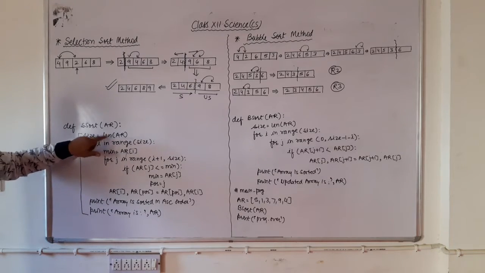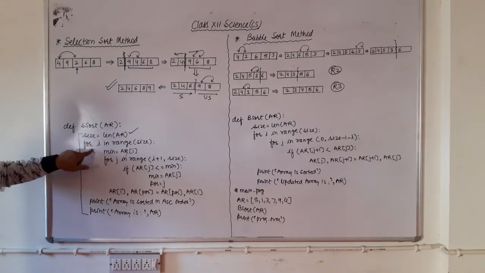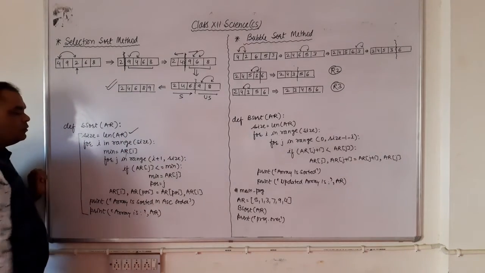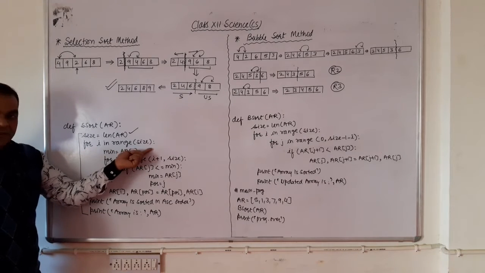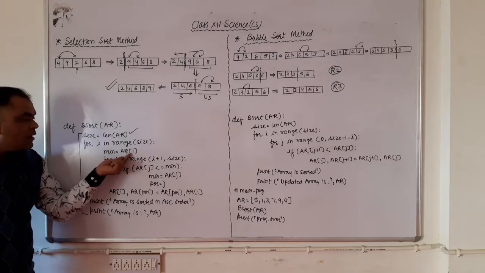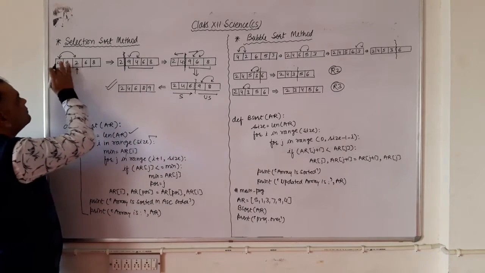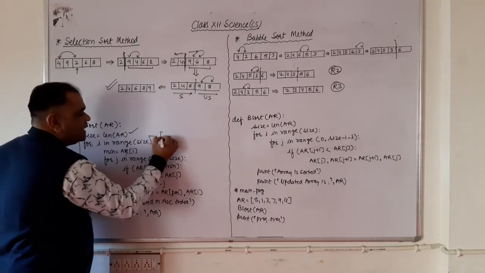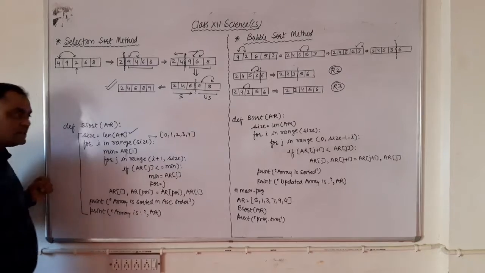size = len(ar). Very first you have to set the size, which is the size of your array, and then apply the for loop on this specific array: for i in range(size). Suppose the size of the array is 5, so the range function gives 0, 1, 2, 3, 4. This is the outcome of this range function.